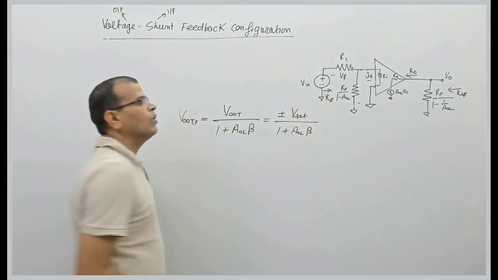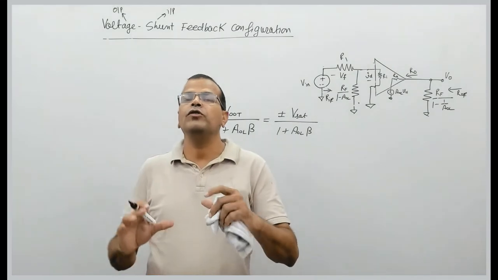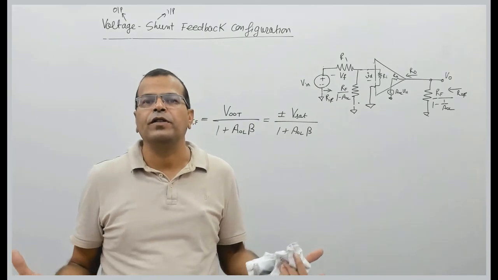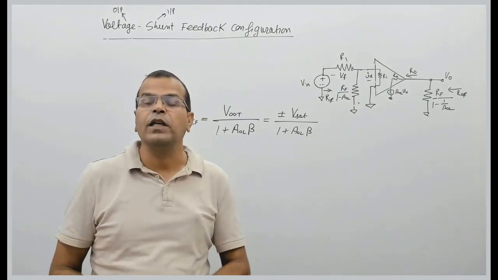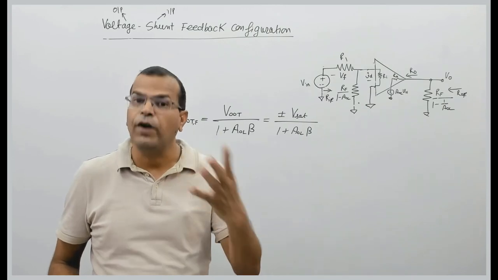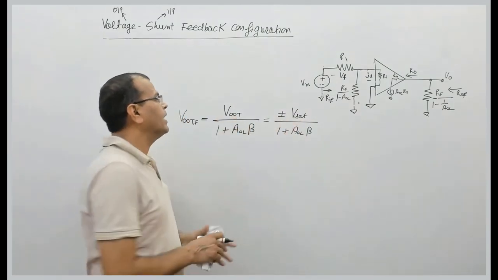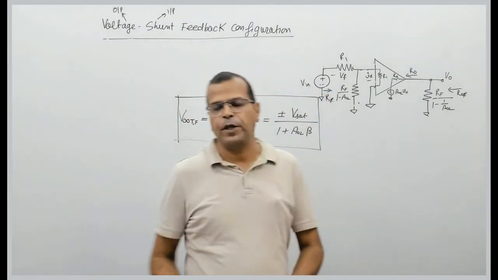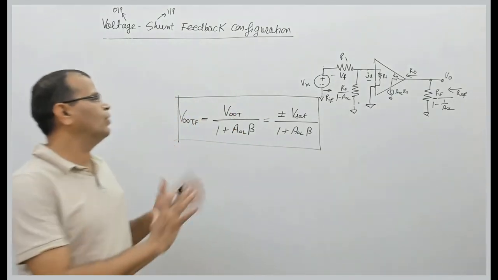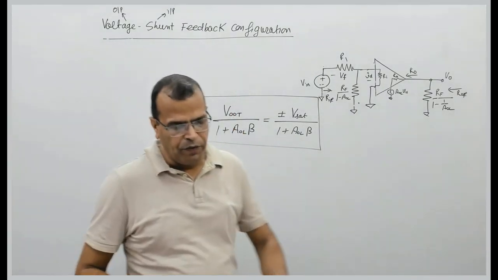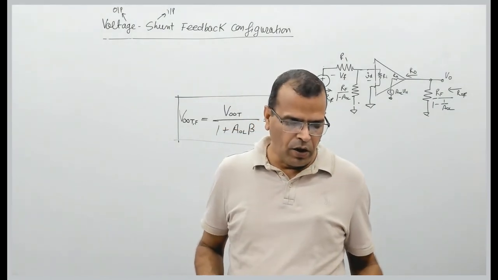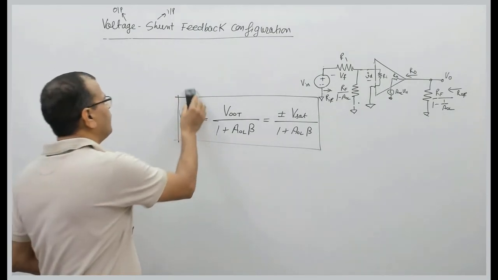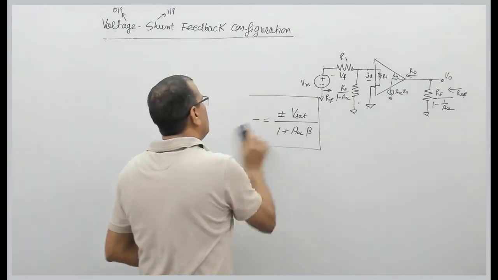Why am I saying this? Because when you don't apply any input, because of mismatch of input characteristics or input BJTs or MOSFETs of op-amp, there is some output voltage, and that is saturation voltage because of high gain. So output offset voltage is Vsat in case of open loop configuration of op-amp, and this is the expression of output offset voltage without feedback. Fine. So this is all about the feedback, that is voltage shunt feedback configuration of op-amp.